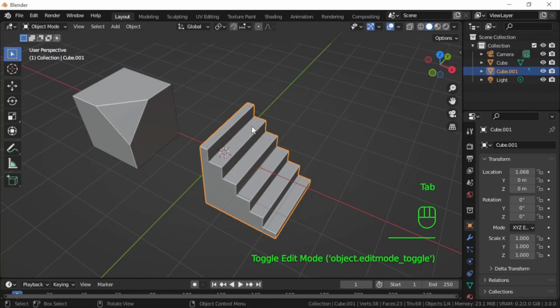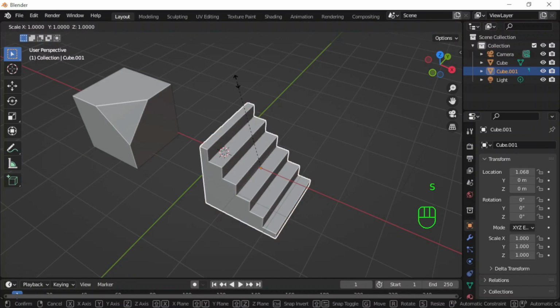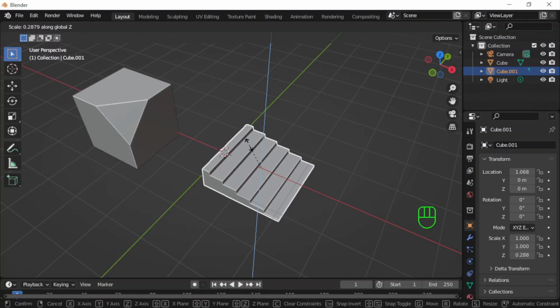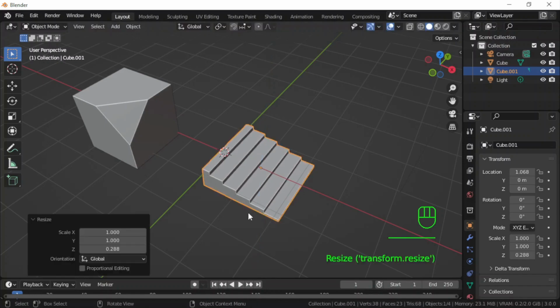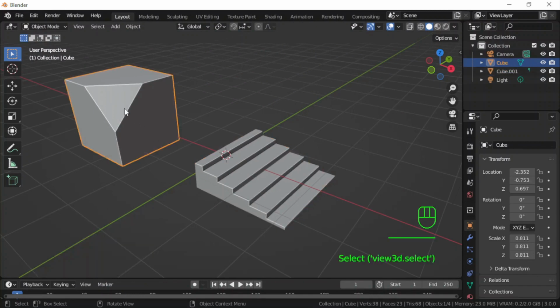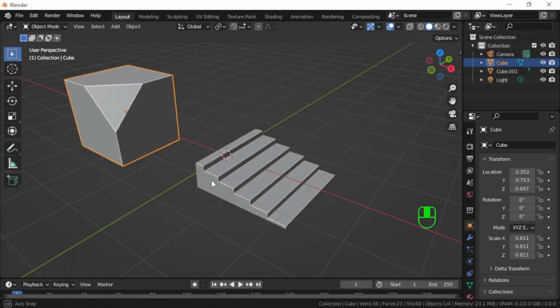You tab out of edit mode, then you scale on the Z axis. There we are. As you can see, we have our steps-like shape,